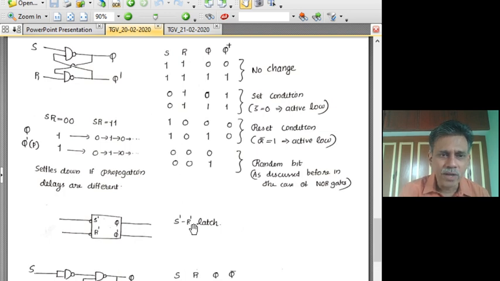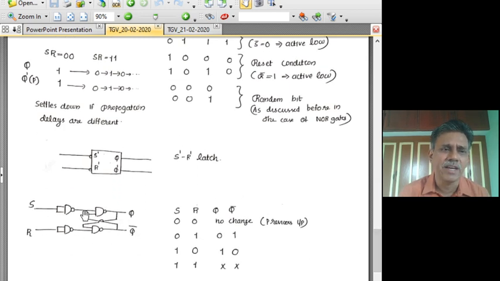Okay, so we can come up with a truth table for S bar R bar if need be. By using this truth table, we can use a K-map and then come up with that one. I will leave it as an exercise for you. But if you are not very comfortable with this S bar R bar latch, rather if you are comfortable with the SR latch, but we still want to implement it using NAND gates, you can do so. The only thing you have to do is complement the input before feeding it to this cross coupled NAND gate realization of the S bar R bar latch.